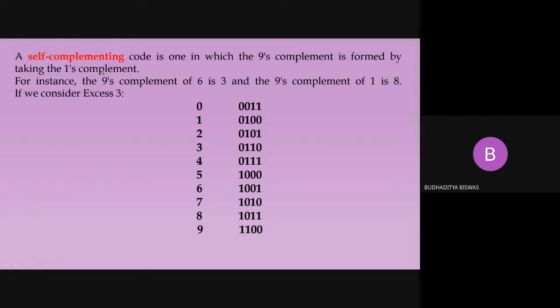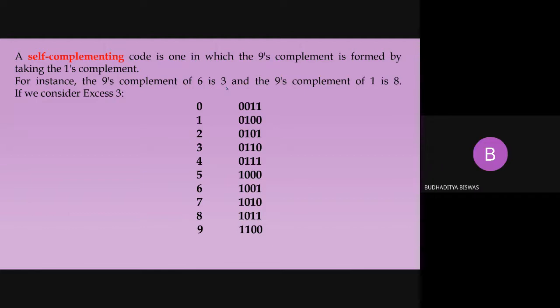Okay. Now what is called the 9th complement? 9 complement of 6 is 3. That means the number which is added to the original number to make the total summation 9. That is called the 9 complement. So what is the 9 complement of 5? Nines complement means the number which is added to the original one to make the total summation 9. So what is the nines complement of 5? 4. Very good.